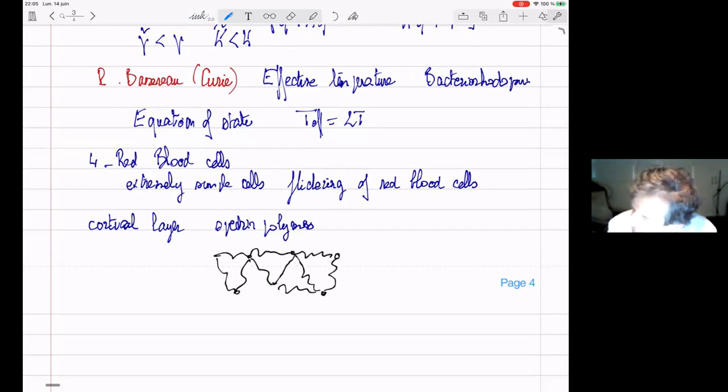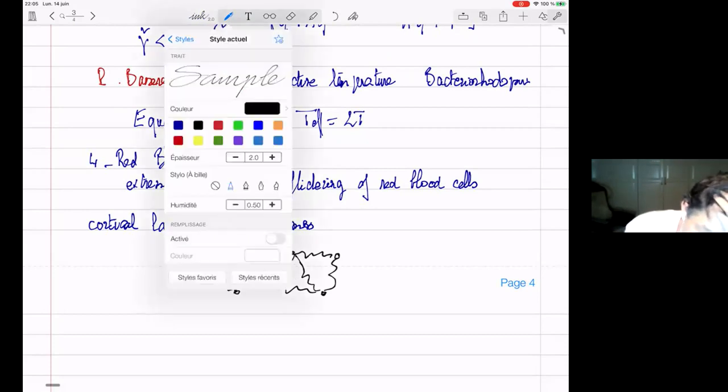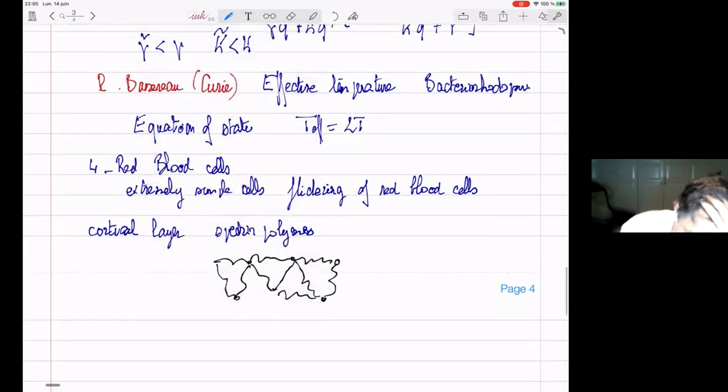So you have the membrane, and below the membrane, you have this lattice of springs, which is bound to the membrane at the junction points. So at this point here, it's bound to the membrane. However, the binding is not permanent. It binds, unbinds, binds, unbinds. So there is a kinetics of binding, and this kinetics of binding is active, which means these proteins here, which are called ankyrin or 4.1, consume energy.